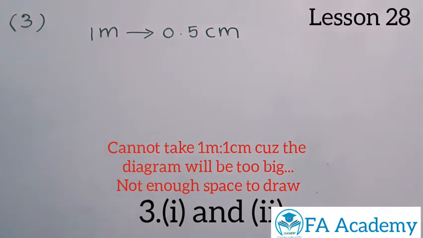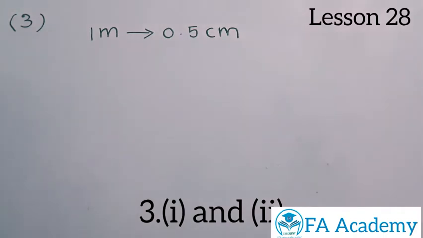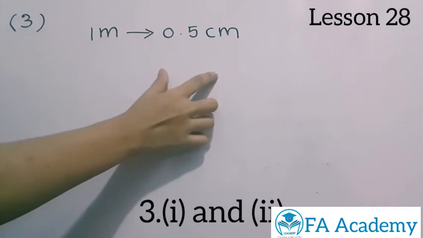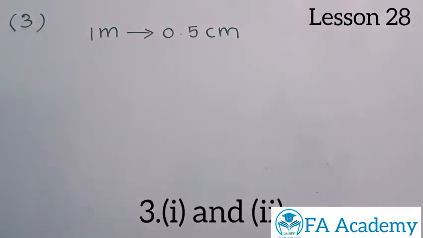0.5 centimeters. So when they have given 20 meters, anyway the length will be only half of that. So when they have given 20, it will become how much? 10 centimeters. So I'll show you how it became 10 centimeters. See, for question number 3, Roman number 1, you have to know what the ratio is.